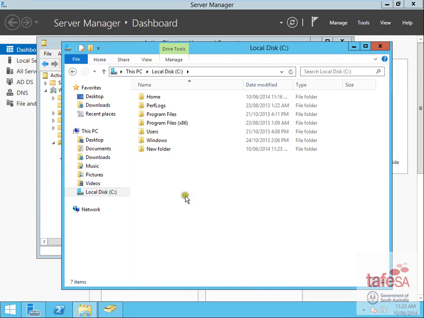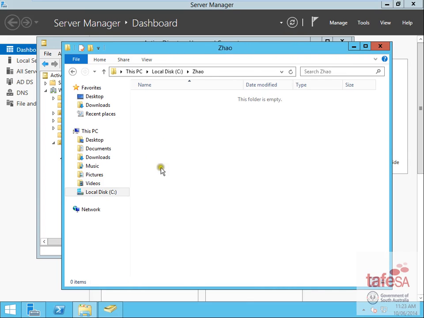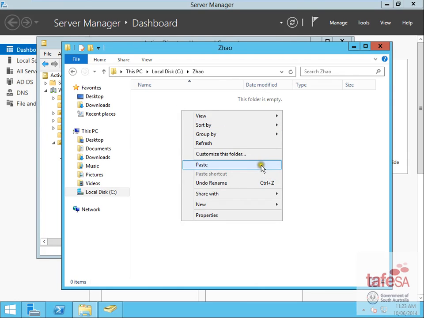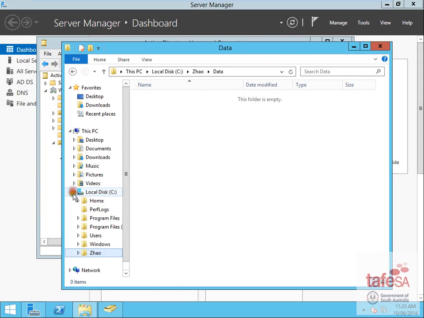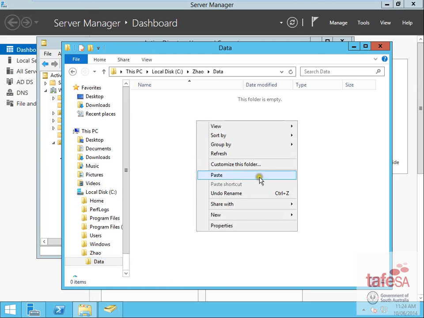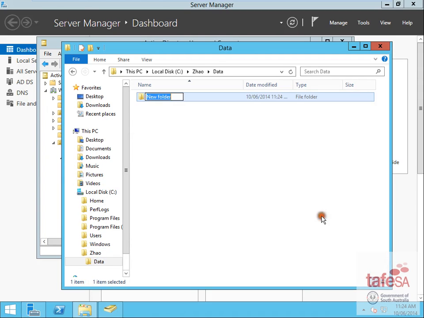I'll rename it to ZHAO, and we'll go inside of it, and we have to create a folder called data. Obviously it's pretty self-explanatory that you create those other things. Inside of data, there's actually